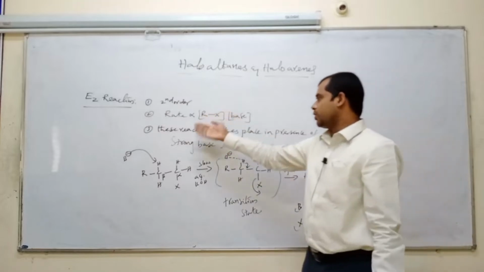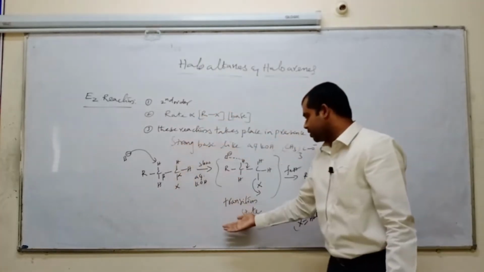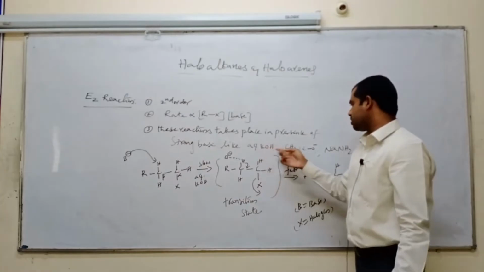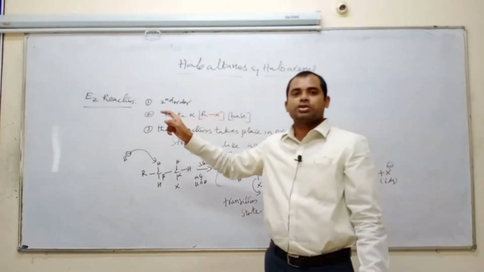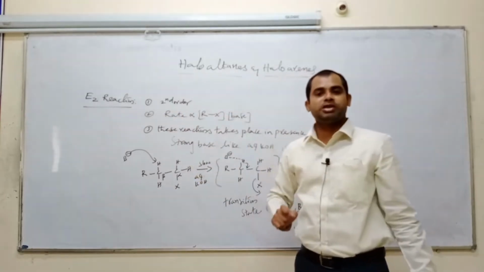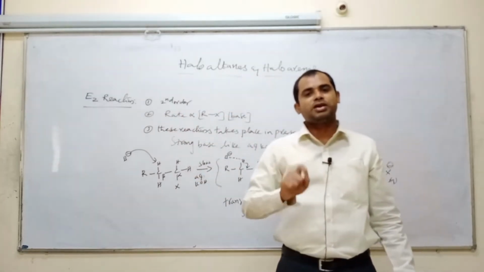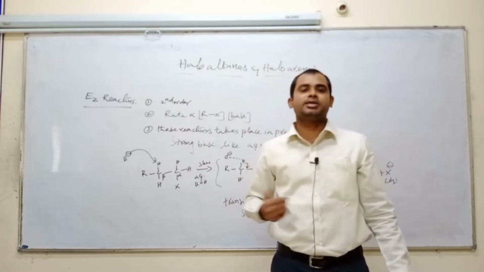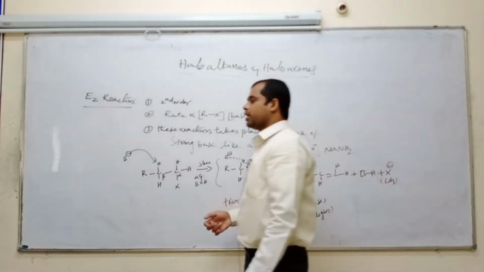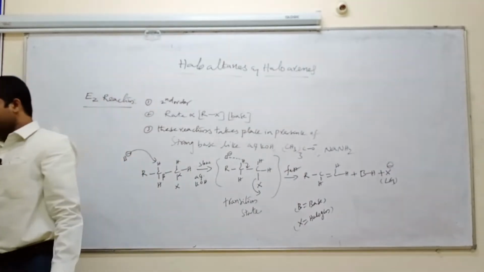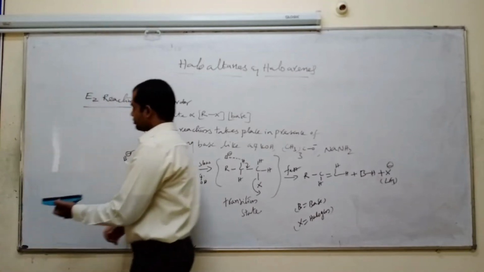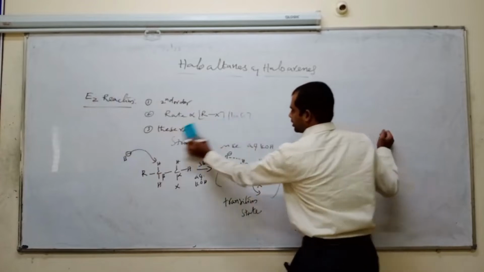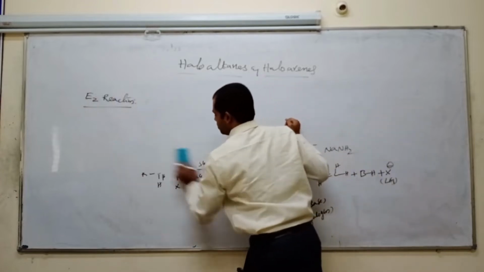So it takes place in the presence of a strong base, either aqueous KOH or tertiary compound or sodamide. So the condition is important. The E2 bimolecular elimination reactions always take place with a strong base only. Same like the SN2 mechanism. So this is the information about the E2 mechanism or E2 reaction. Let us see one example about the E2 reaction. This is the general reaction. We'll see one example.